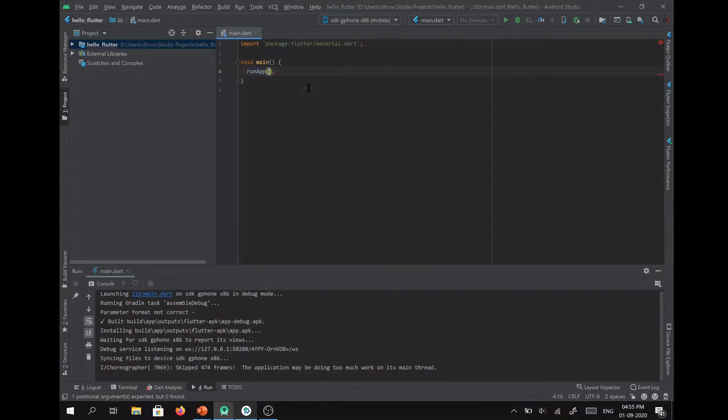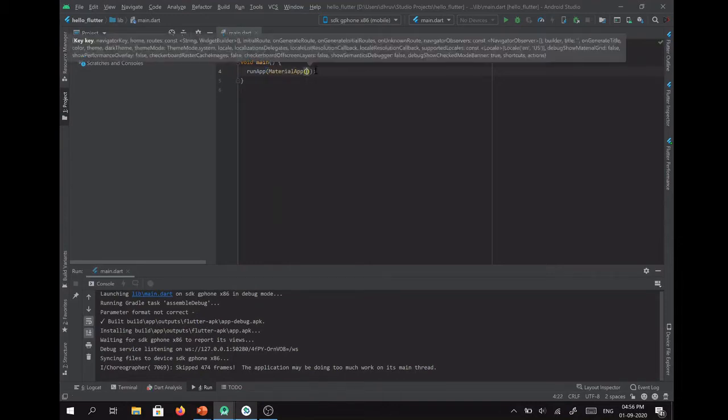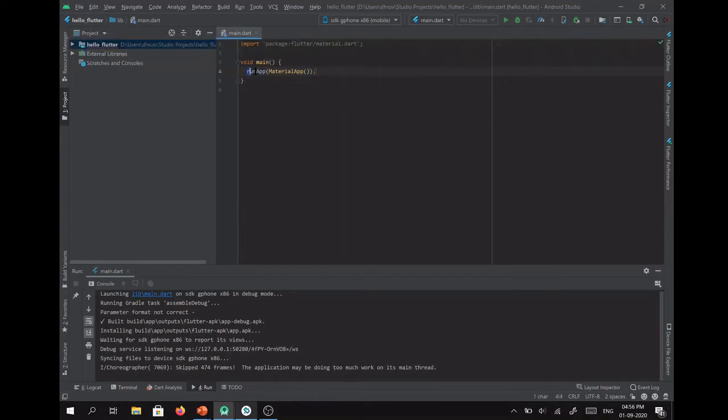And inside this, what we are going to do is we are going to add the material app. So run app requires us to pass in a widget for it to run. So what we're going to do is we are going to pass it the material app widget, which is going to serve as a template for our application. And within material app, what we're going to do is we can